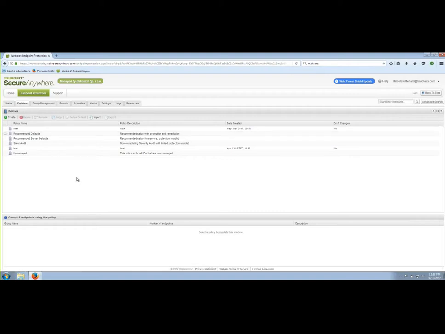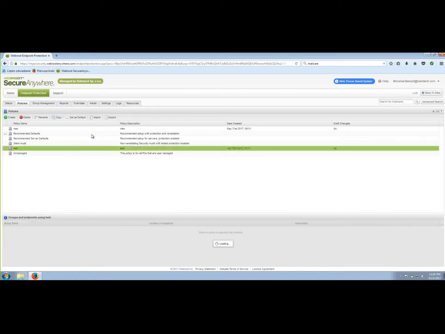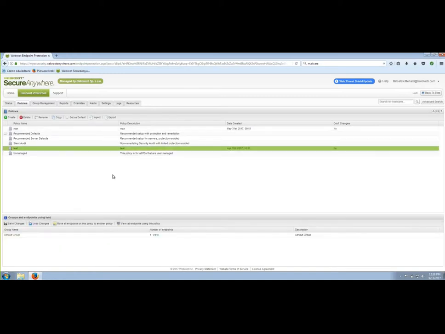Okay. The first page is the policy page, where you can create a policy, change already added policies, or export or import a policy from another console. If you have, for example, two consoles, you can prepare a policy, export it and import it from one console to the other. This is an import-export solution, so you can, for example, create one policy for two consoles and export it. Okay, I will go with a test policy and edit it, but first